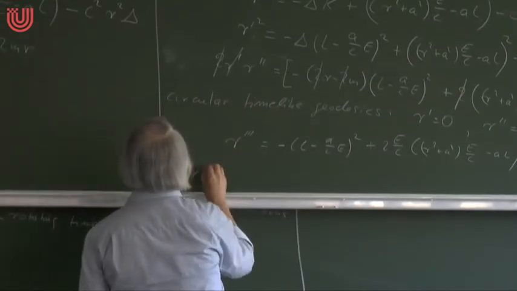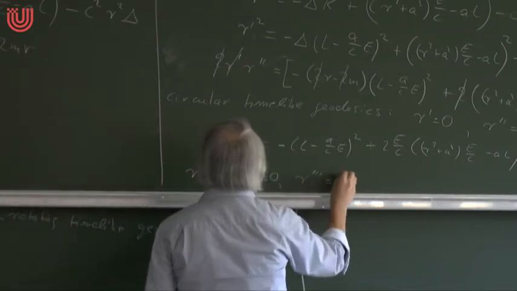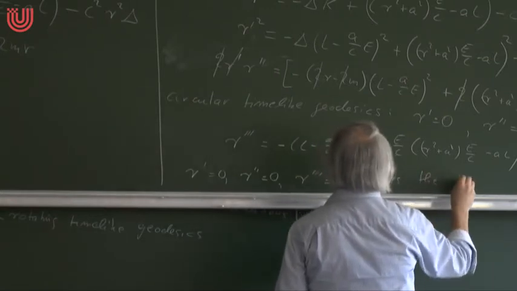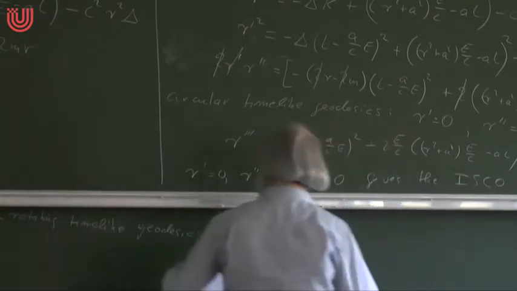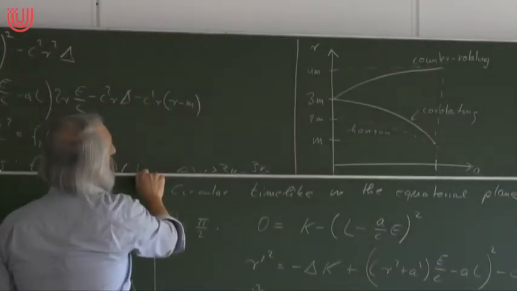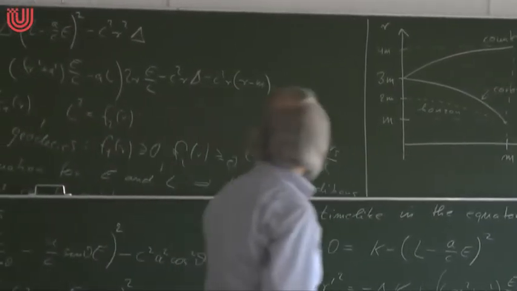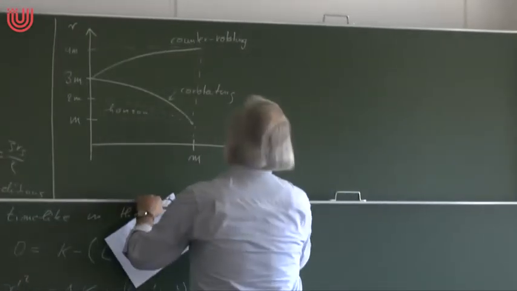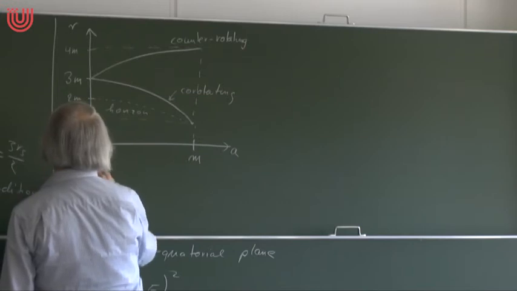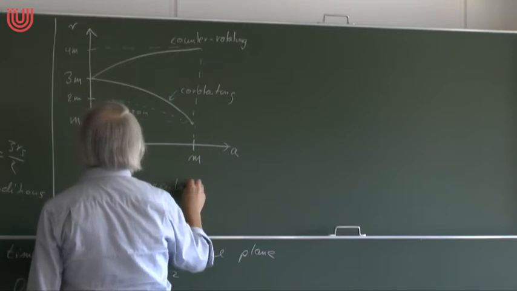So if all 3 are 0, that gives the ISCO. And again, we can plot this. I don't do the calculation for this on the board, I just plot. So here I have the time-like orbits,